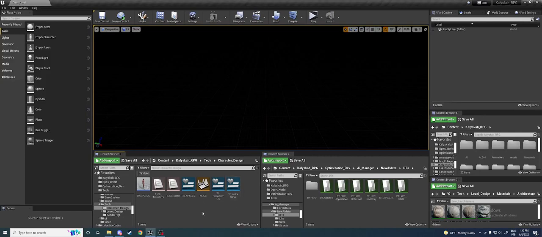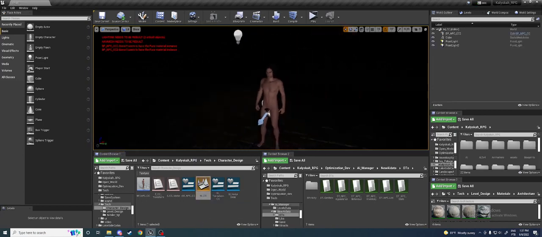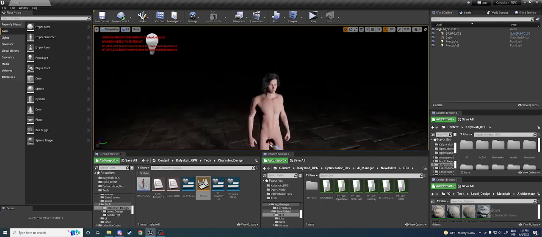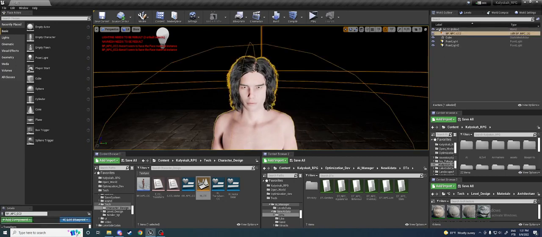Alright, quick tutorial on how to use the character creation tool for the development team. You will find everything you need inside the Kalyskah RPG Tech Character Design section, in this specific folder. So here, first thing you want to do is open this level. It's a level I set up with some basic lighting. Feel free to change everything you need, but this is the level where the character blueprint is going